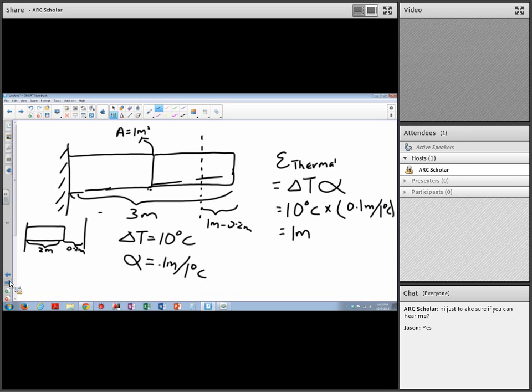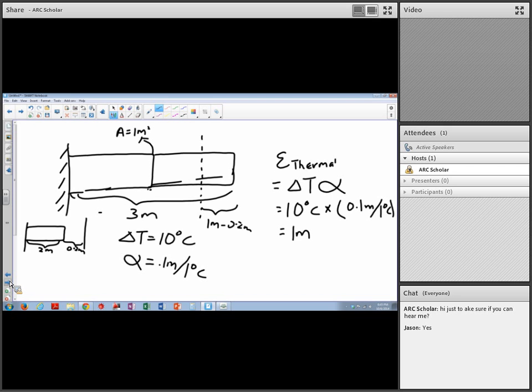Now you know it's going to increase by 1 meter, but you are only allowed to increase by 0.2 meters. So you draw the whole line, which is 3 meters here, and you are going to calculate the force done by the wall. So we'll use this equation,